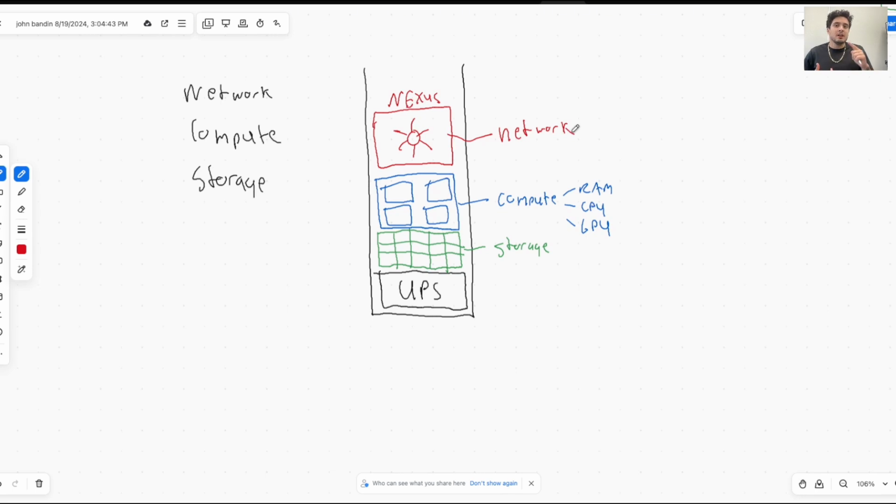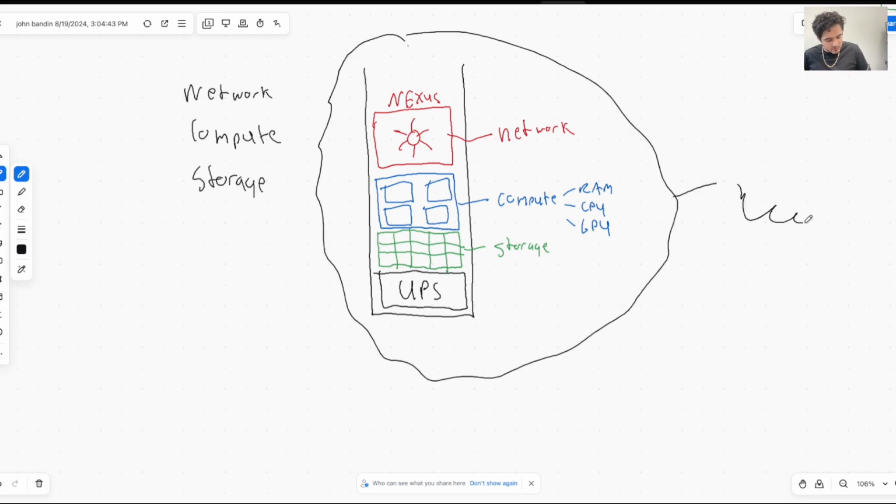You have a NIC, you have CPU and RAM, and you have a 1 terabyte or a 500 gigabyte solid state or NVMe drive that hosts your operating system. In a data center, we have these same resources. And when we move all this and talk about all this in the cloud,